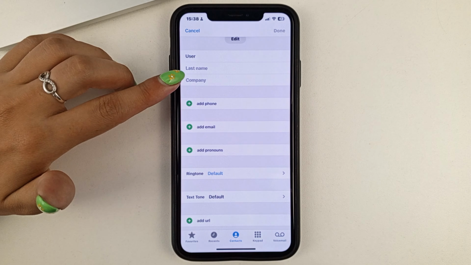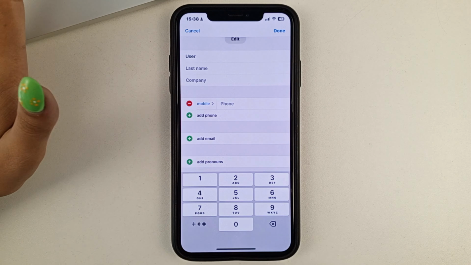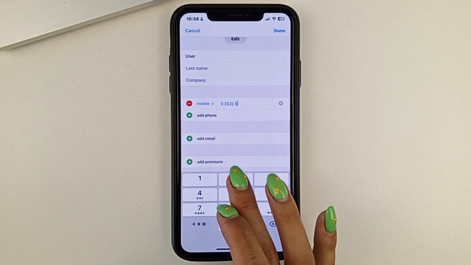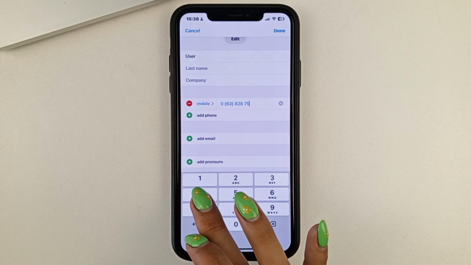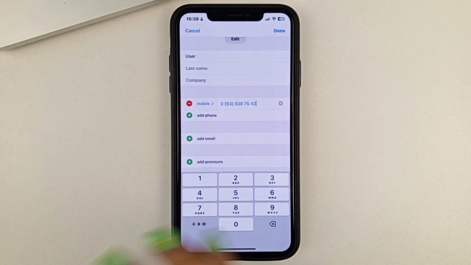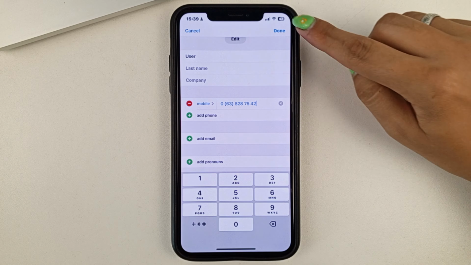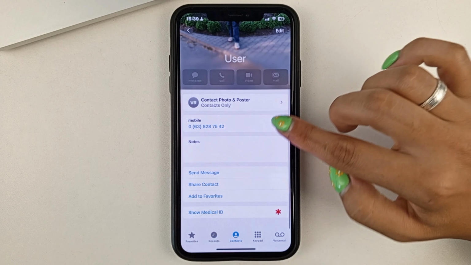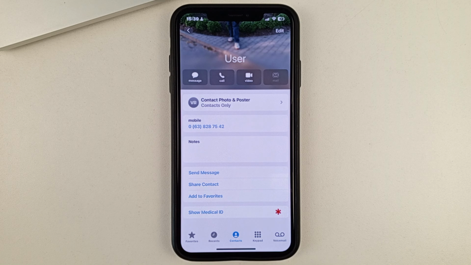And here you can add your phone number. Once you add your phone number, click on Done. This way, you'll have added a phone number to yourself, and you'll be able to edit it if you need to do so in the future.